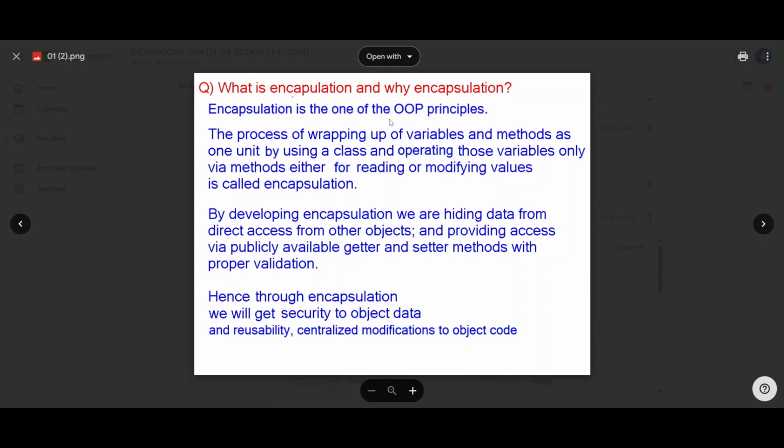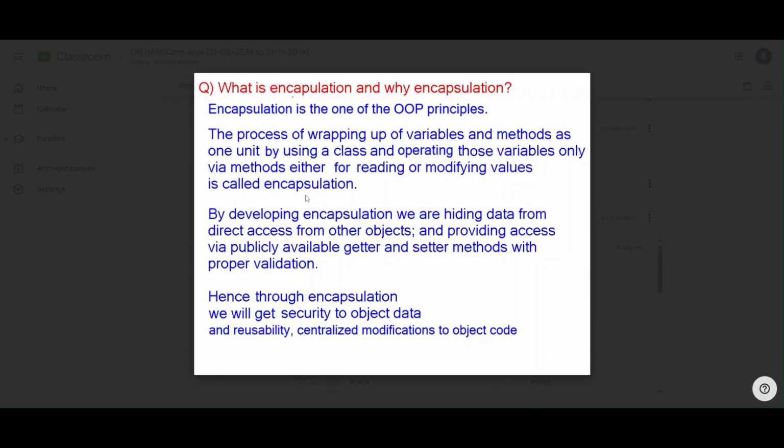Encapsulation is one of the OOP principles, the process of wrapping up variables and methods as one unit by using a class and operating those variables only via methods, either for reading or modifying values.